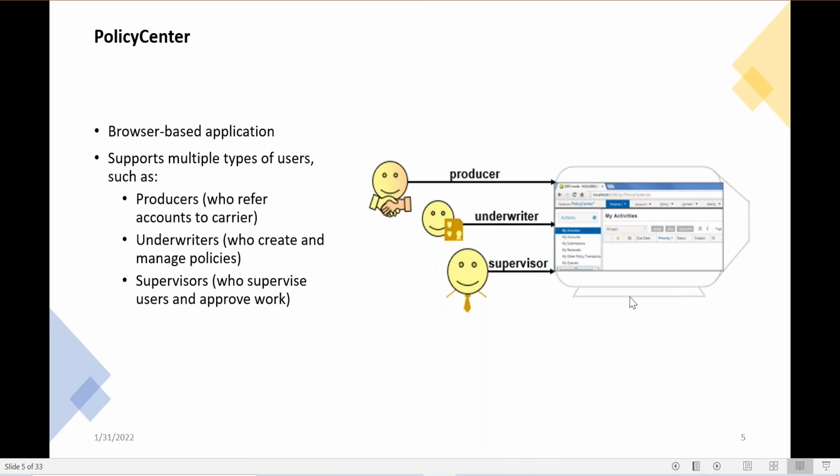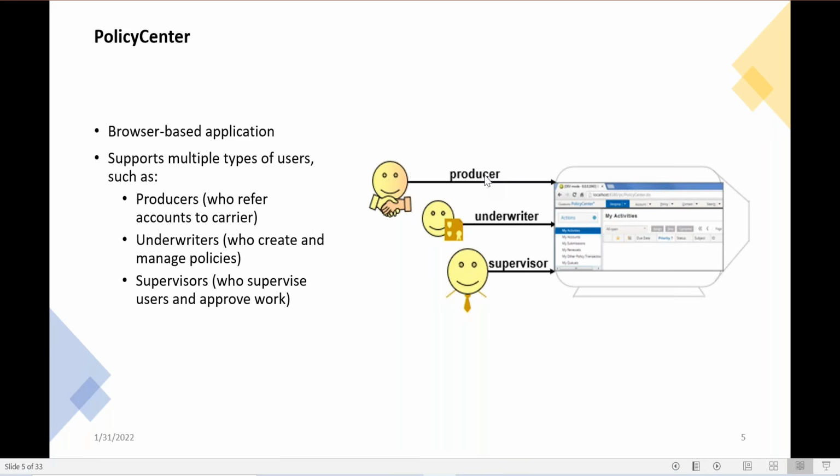Now, who can access this application? I told you, right? The end customer cannot access this application. It can be accessed by the producer or agent. You know the difference, what is agent and what is producer. A producer is basically an independent entity, and an agency is nothing but a group of people, or a company, who has a tie-up with the insurance company, and they